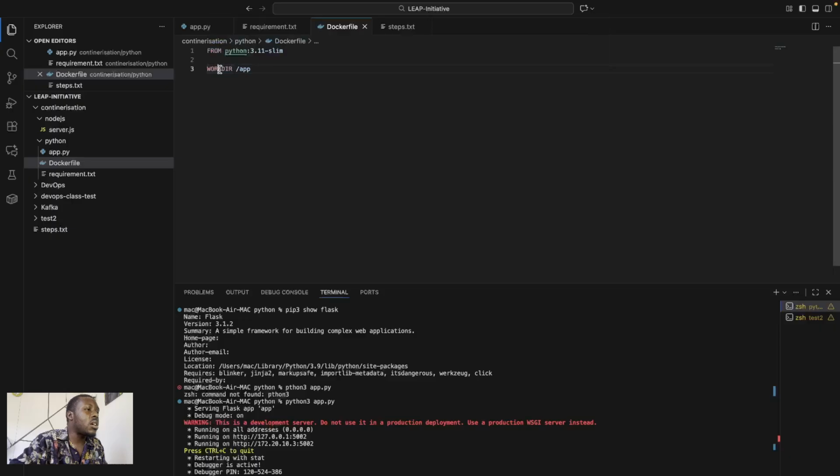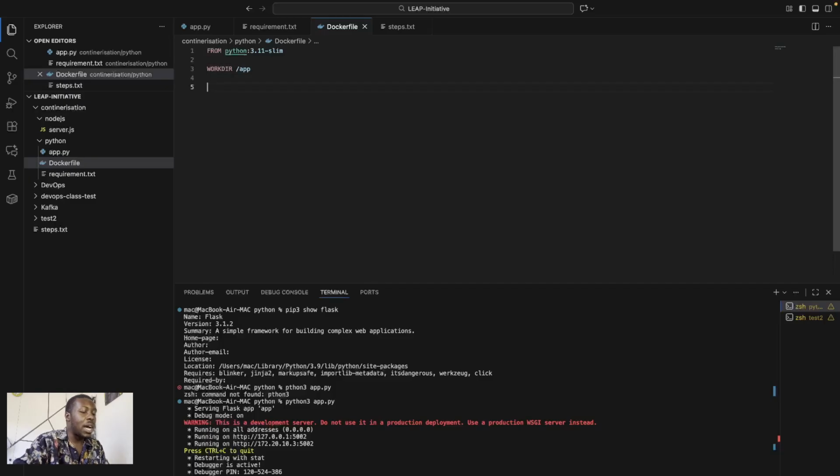We use this word, WORKDIR. So we are telling it to take this folder. It will create a folder called app, and then inside that folder is what it will recognize as the working folder. That is where any commands will run. So you must put your files into this app folder for it to be able to run.